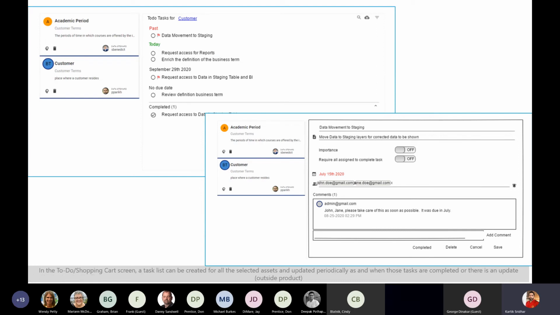For each of those tasks, you can assign the responsible owners. You can assign this to a data steward in case you want a definition of a business term to be corrected. You can send a note to the data steward that there is a typo in the definition, or the definition needs to be enriched, or certain aspects of a particular table or column need to be enriched, and so on. So you can do all that level of collaboration by using this to-do list from the business user portal.